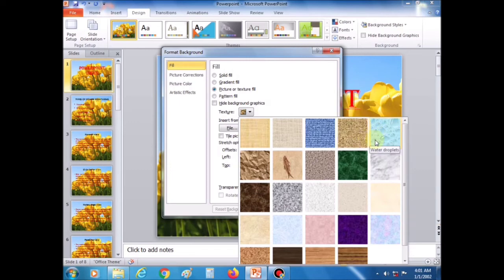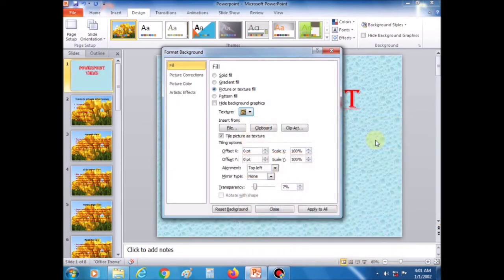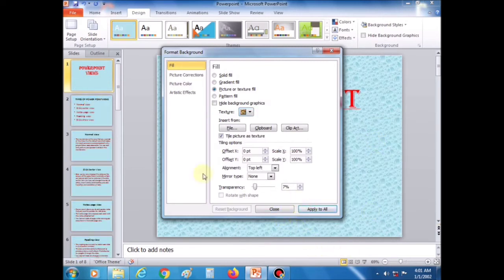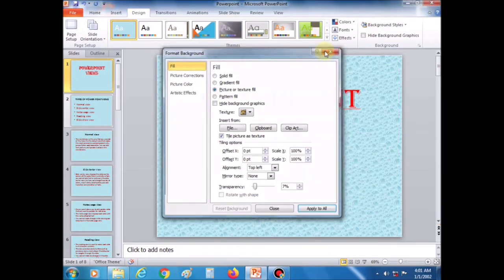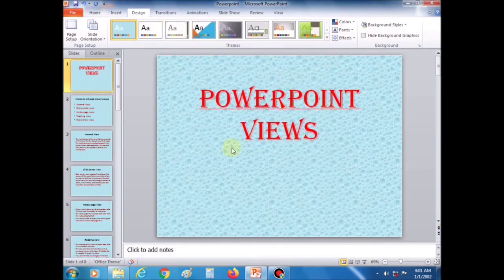The selected textured background is applied to the current slide. Now click the Apply to All button to apply the same textured background to all the slides in the presentation. Then click the Close button to close the Format Background dialog box. Now next is how to apply a patterned background to the slide.